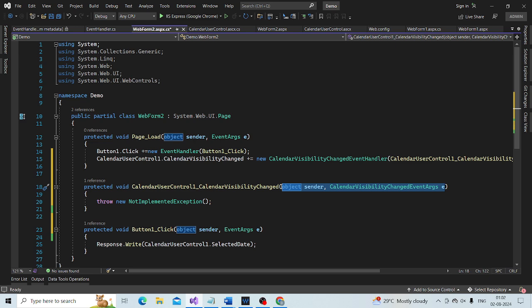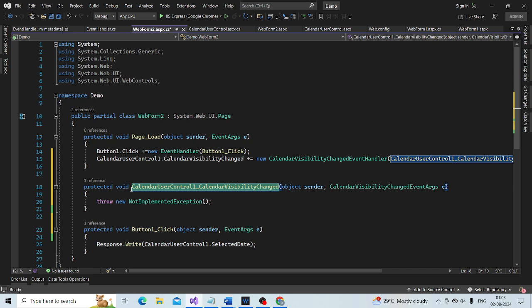Now if you look at that delegate, the signature of this function matches the signature of this delegate.